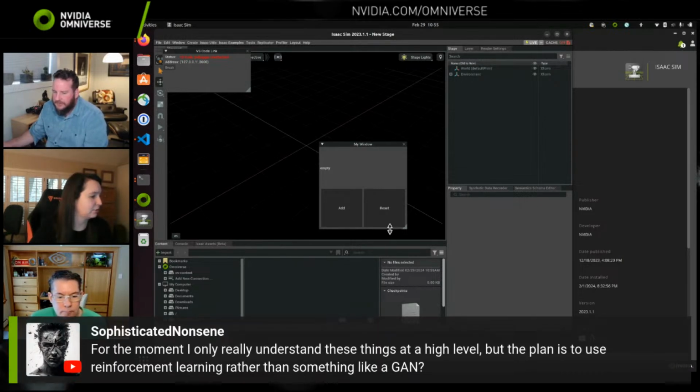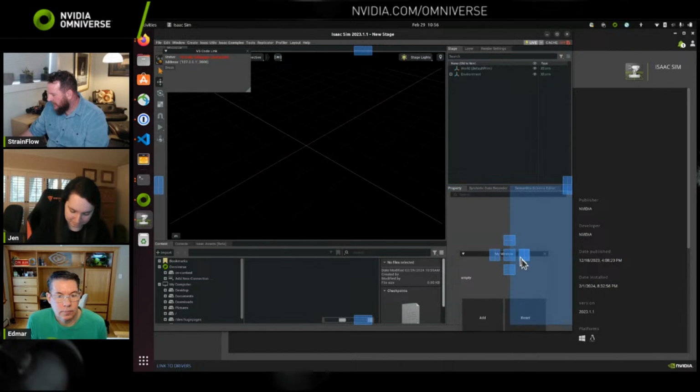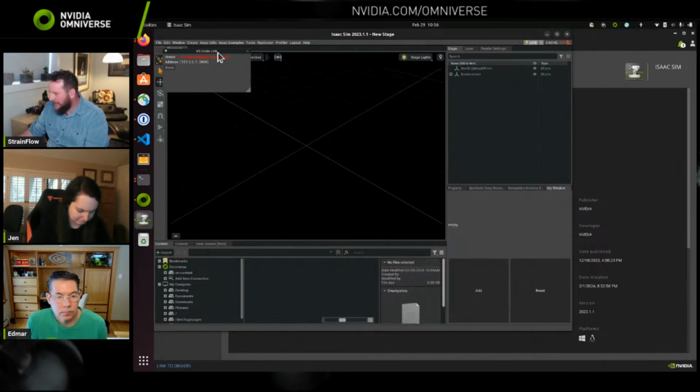So is the plan to use reinforcement learning rather than something like a GAN? Yeah, reinforcement learning would be the strategy of choice if you want to train it to do something. A GAN is a generative AI approach.